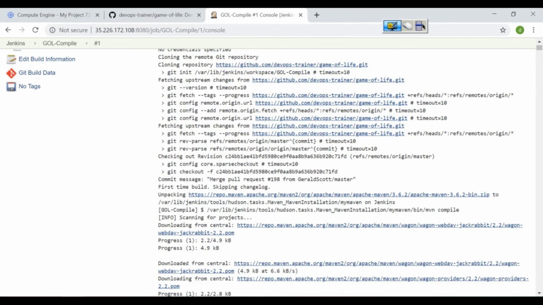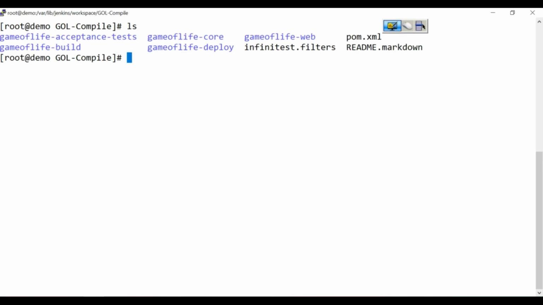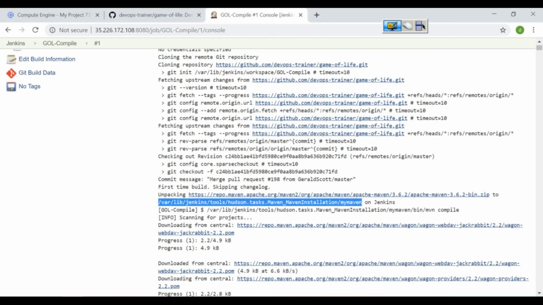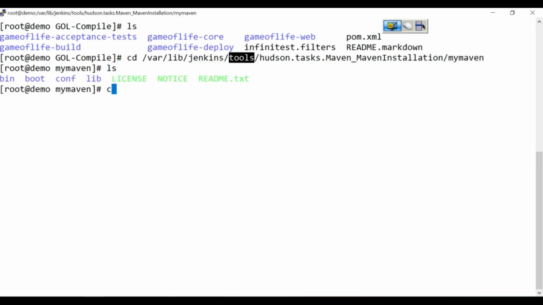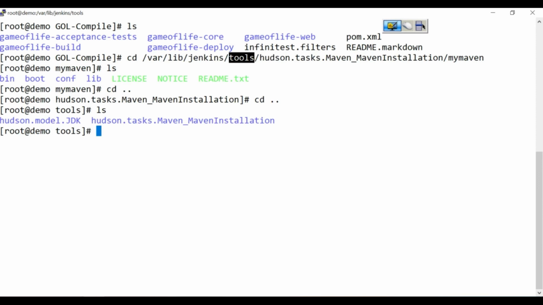Where it is installed? Can you see that? See, it was like my Maven on Jenkins. So where the tool is installed? Again on a directory called var lib Jenkins. Under Jenkins home directory, there is another directory called tools, and here you have got your Maven installed. If you just scroll under tools, like if you go to tools, see, you have Java and Maven installed through automatic installer. Means if you install any tools through automatic installer, they would be installed under var lib Jenkins tools, and this is where you have Maven which is used for this job.